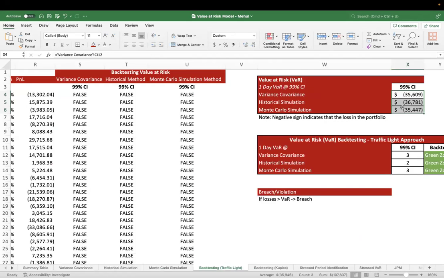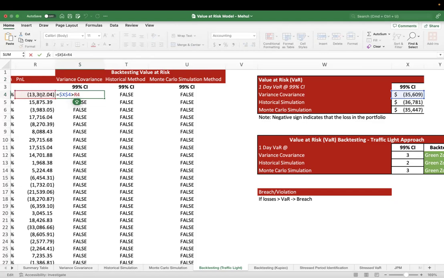What you see on the screen, I basically told how we calculate value at risk using the variance covariance method. So we got these three numbers from these three different methods, and these all are value at risk numbers. So we will be testing all three methods: the variance covariance method, the Monte Carlo method, and the historical method. What we are checking is whether our PNL, or profit and loss,